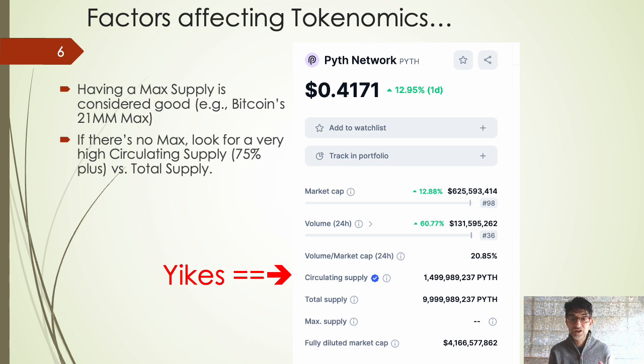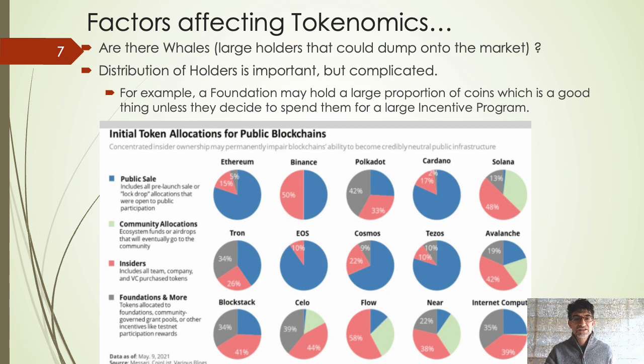I like Pyth Network in terms of use case and things like that. It's an oracle, it's needed. But in terms of tokenomics, no bueno. It's very bad. Okay, here's another example. This is whale risk, insider risk. So in terms of whales, I wrote in the first point, are there whales? Are there large holders that can dump on the market?